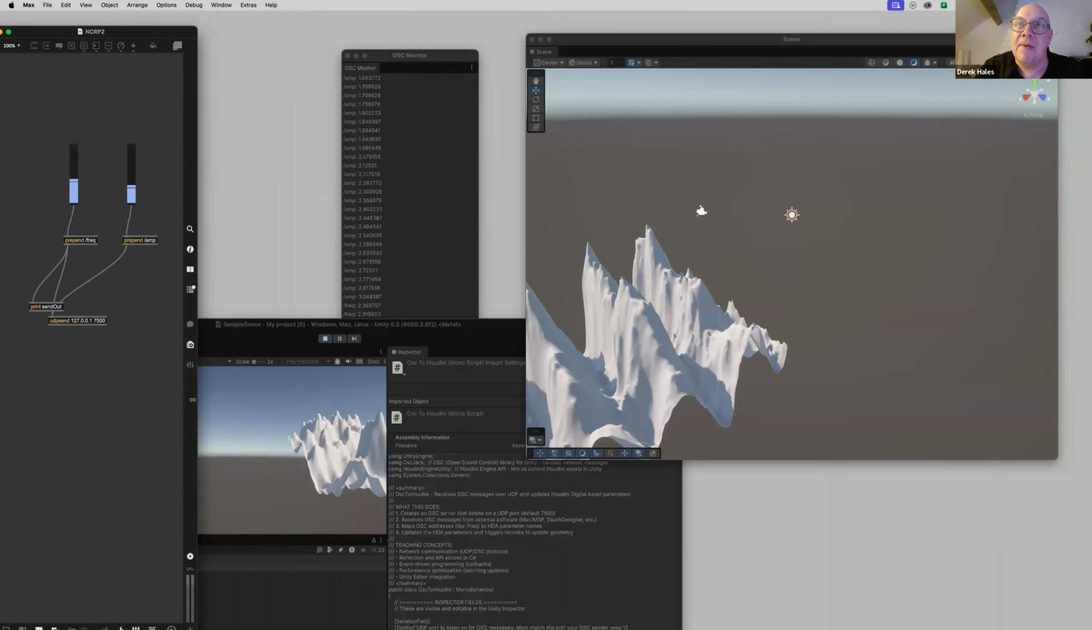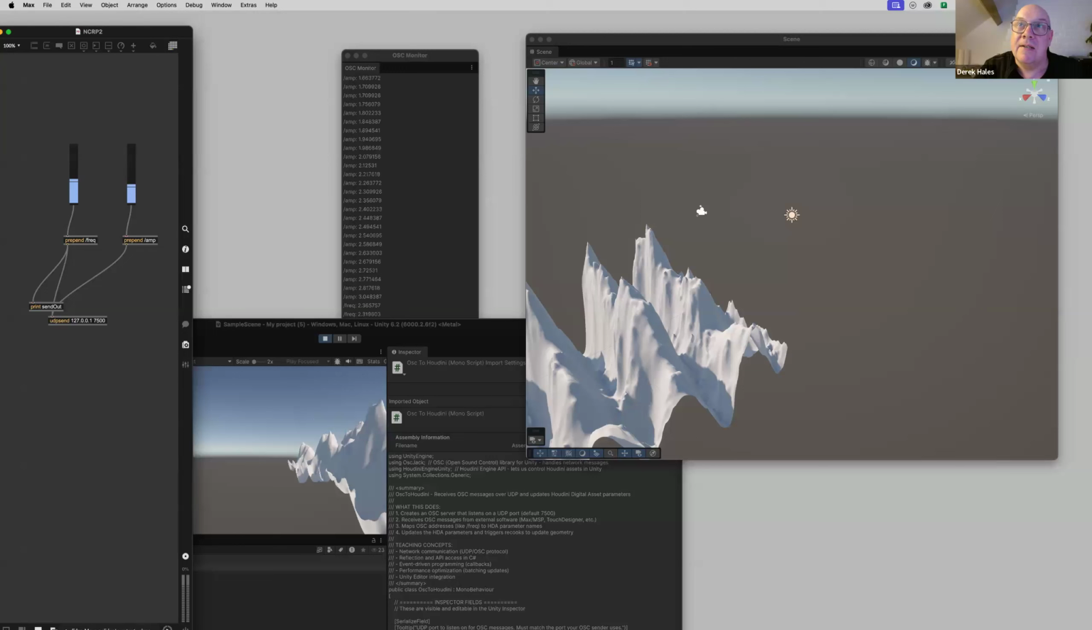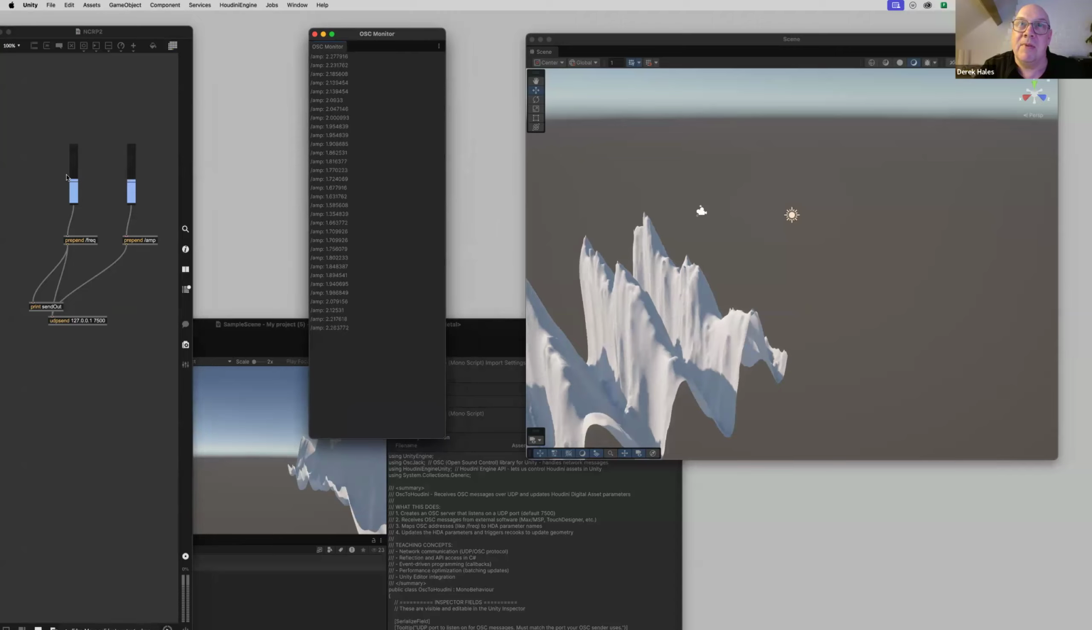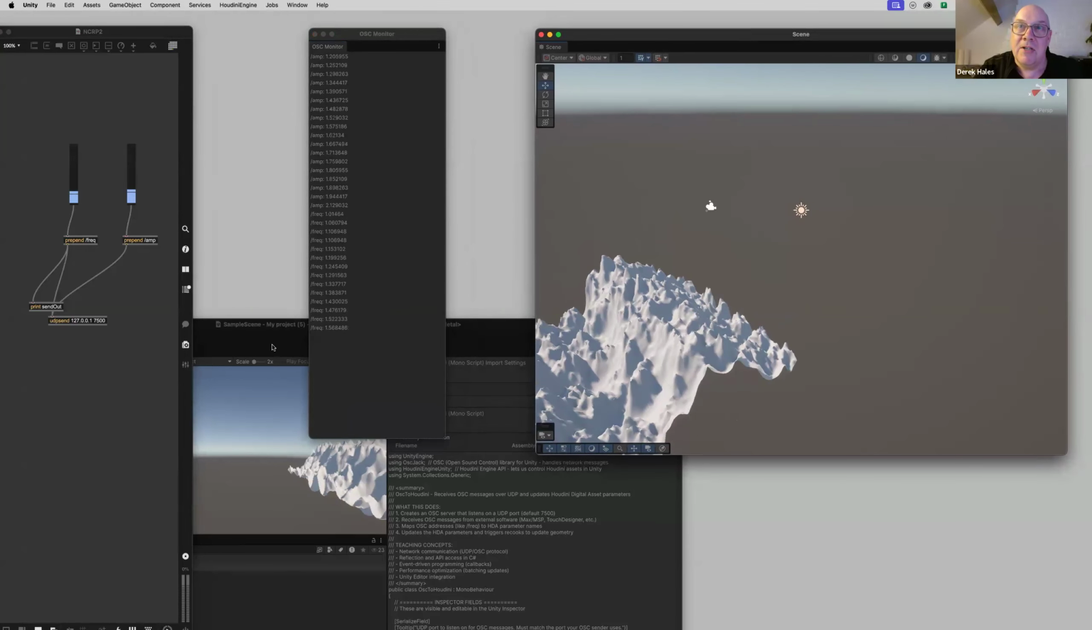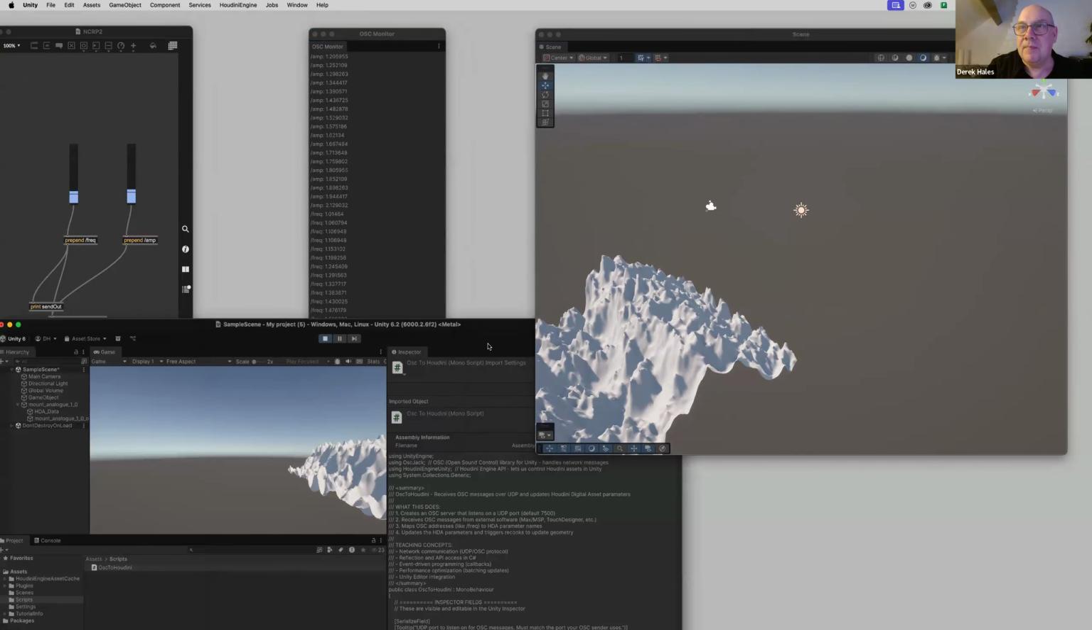So this is the Max patch now sending those values over to Unity's OSC monitor, and we can see the mesh that we've imported from Houdini changing. There's a slight delay, which you can vary, the refresh rate in the game engine. So I've set this up only to